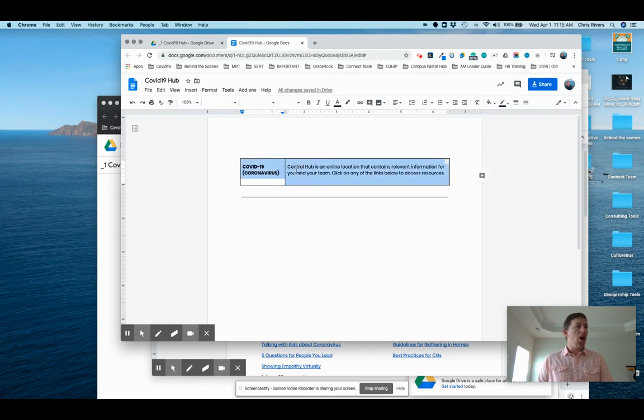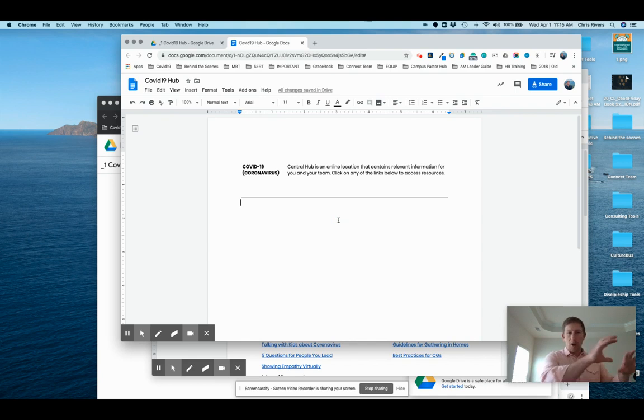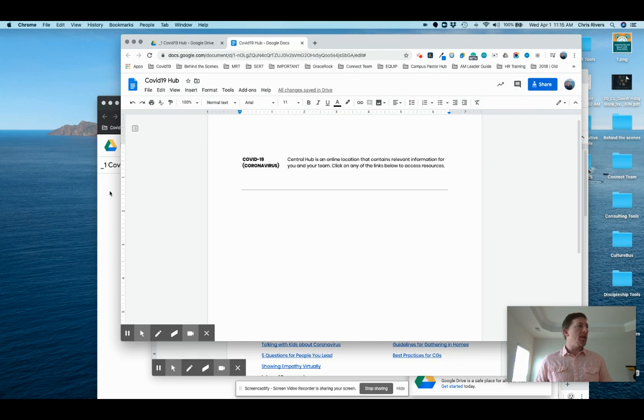And then what I'll do is I'll hover over that box and I'll make sure that you can't see that line, so it's kind of clean. It just kind of sets the tone for that area. So the next thing that I'm going to do that is similar to the Campus Pastor Hub that you saw